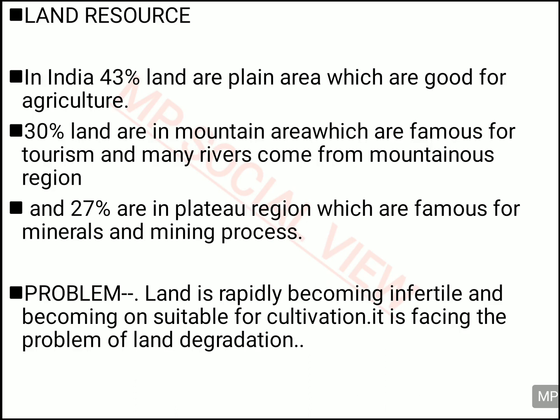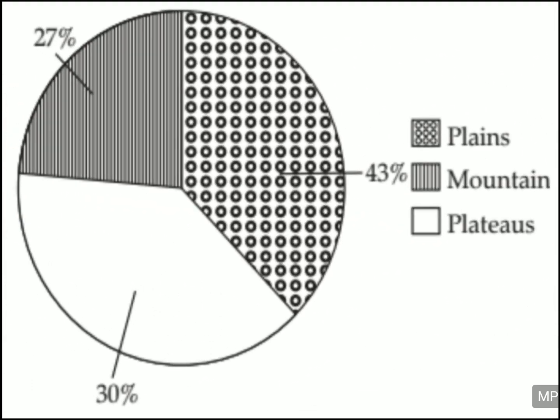Before discussing land degradation, let's see this figure. In this figure, you can see how the different land features are shown in this pie diagram. You have 43% plain, then you have 27% of mountain and 30% plateau in India. So if you show this distribution of land in different relief features in this pie diagram form, which is used even in your textbook, then this will make your answer attractive.